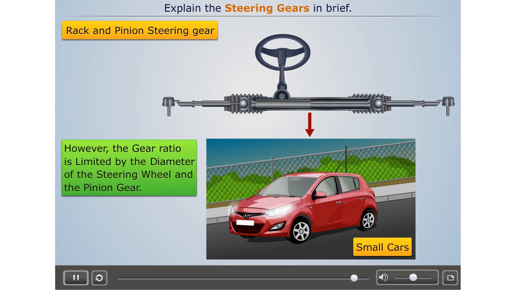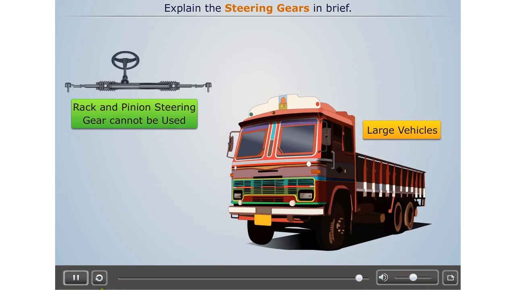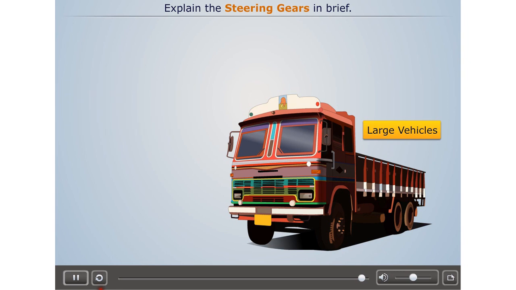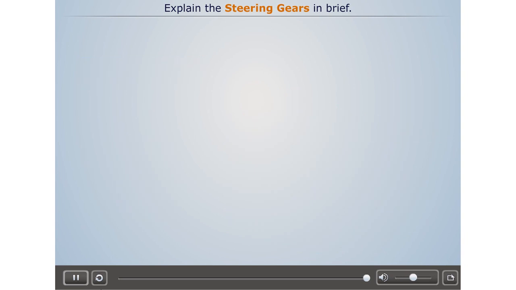However, the gear ratio is limited by the diameter of the steering wheel and the pinion gear. On large vehicles with heavier loads, this becomes a disadvantage. That's why on large vehicles, recirculating ball-type steering gear is used. Now let's summarize the steering gears as